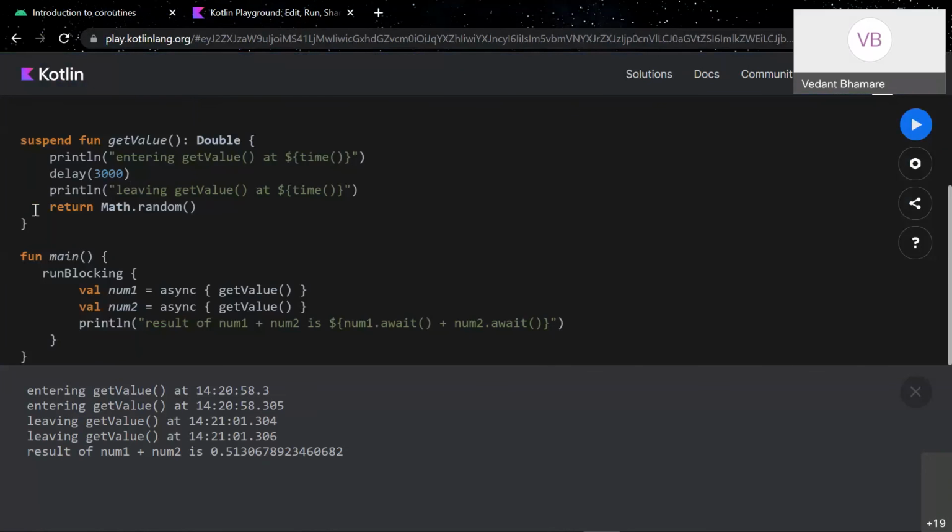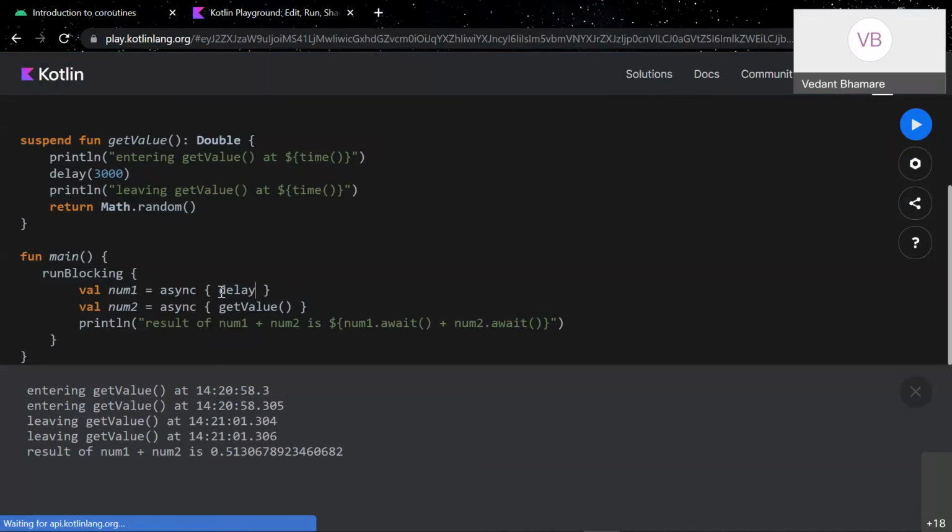I'll just explain. Whenever you want to run a function under the coroutine scope, consider that async creates a coroutine scope, right? If you want to run some function under coroutine scope, then you have to mark that function as suspend.